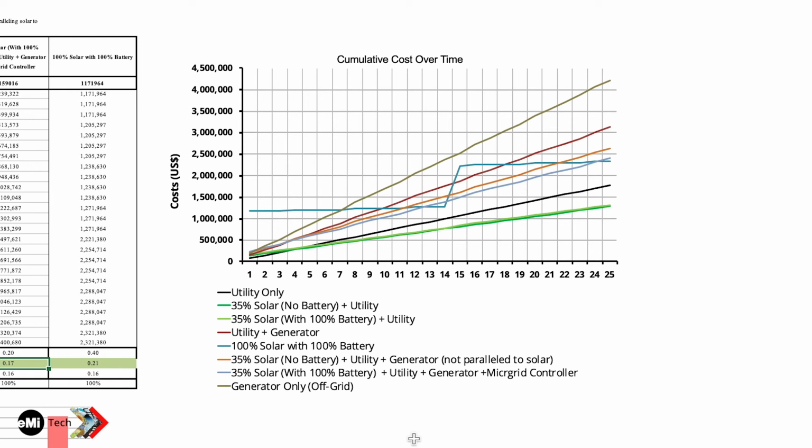X% solar with Y% battery plus utility means that we have a certain percent, X% solar. X% solar means it's a percent of the total usage for that site. So in a given day, there's going to be average kilowatt hours. You may take it off the utility bill, or off your projections. With that number, in the spreadsheet, you can say, well, I want 50% of that to be covered by solar, or I want 25%, or whatever. And so that's the percent solar.